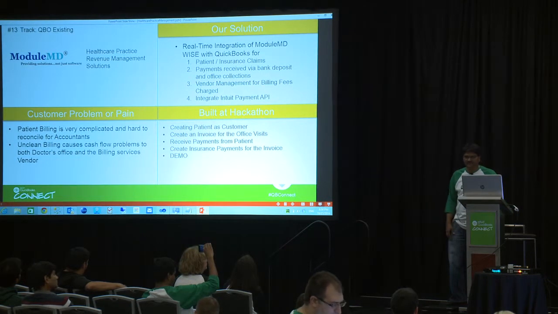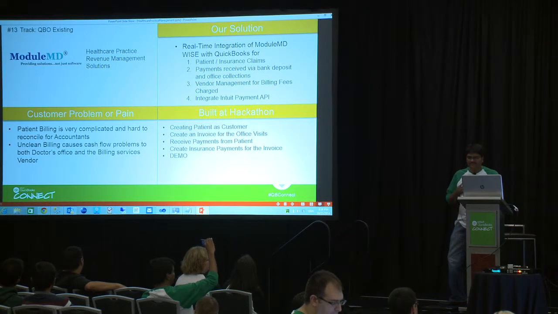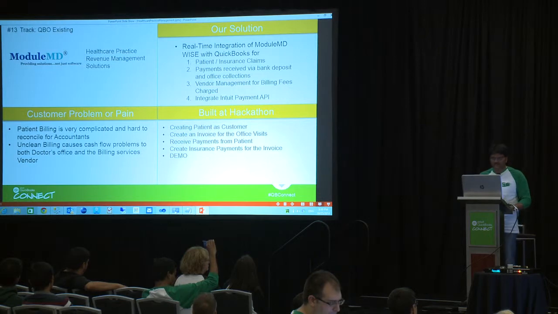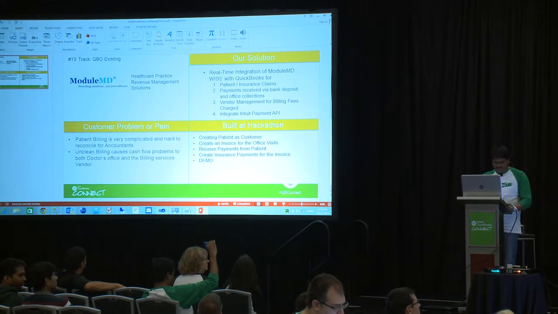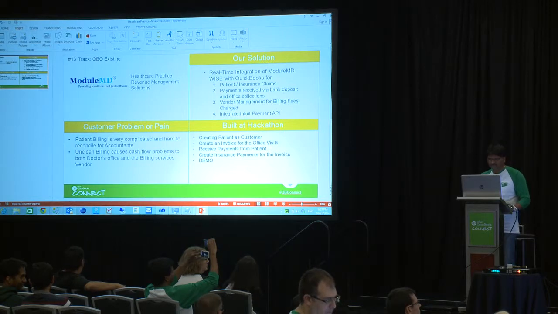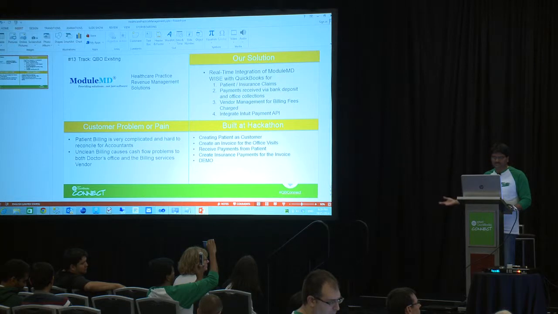because most of our doctor's office accountants are using QuickBooks. And we are exchanging the insurance claims and payments there. So in the last 2 days, I tried to map these business workflows as much as possible by defining the patient as a customer for the doctor's office, with invoices mapped to the patient office visits, and then they are receiving payments, and in multiple stages things are getting dispersed.